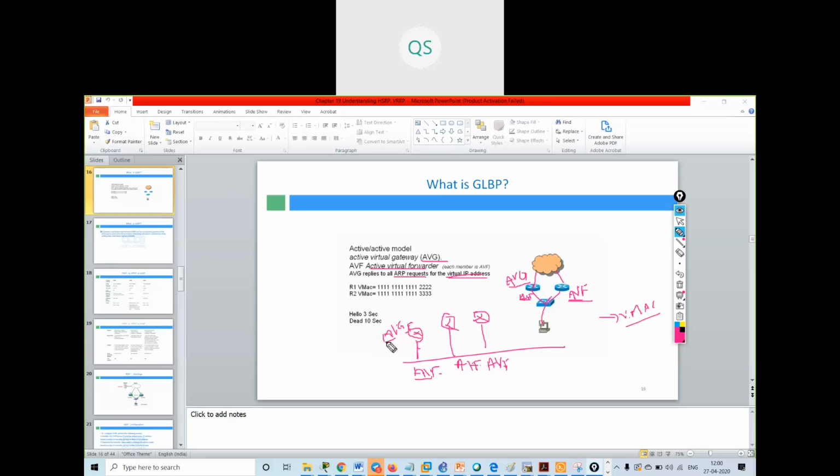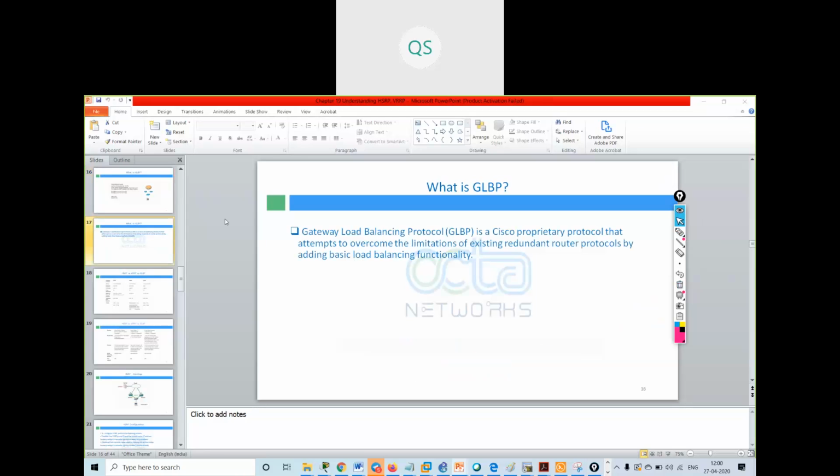So the AVG router will resolve all the ARP requests and give the appropriate virtual MAC addresses. It will assign the ports to the appropriate virtual MAC addresses. This is how GLBP works.